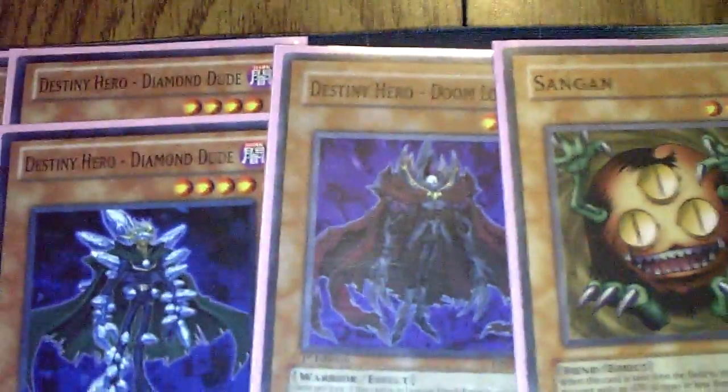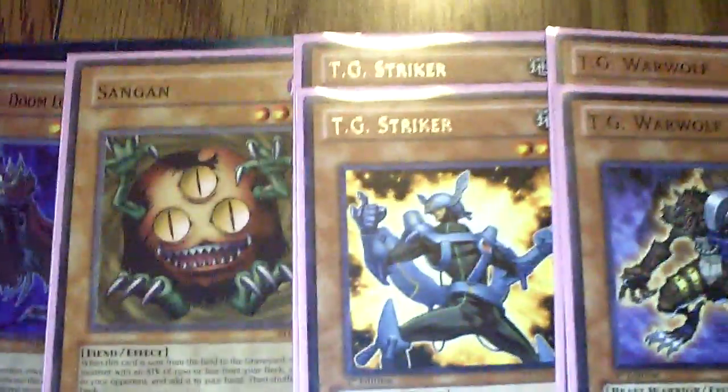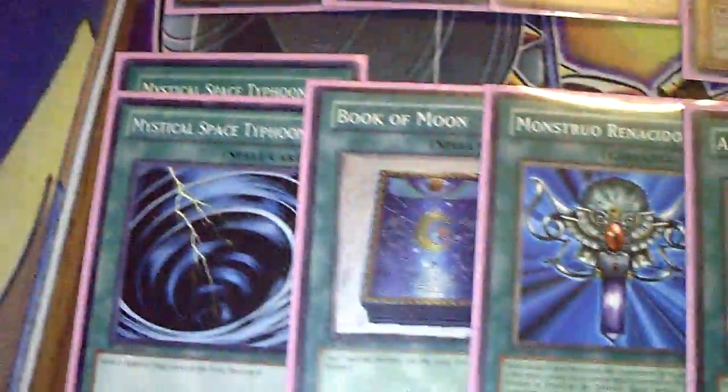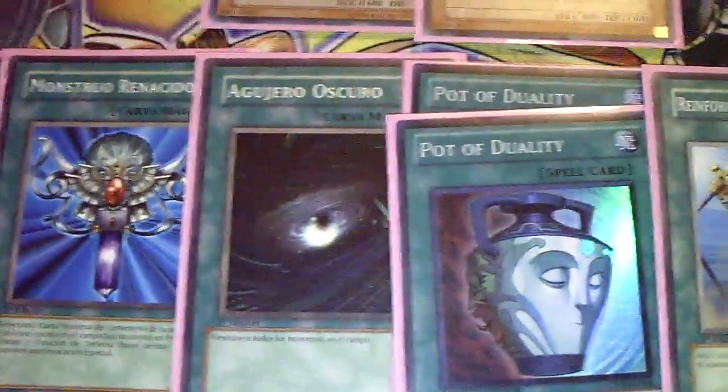The deck performance is really nice. I like the way the plays go off, and I'm gonna show you the deck list and tell you about how it works. Gores, Dark Arm, Chaos Sorcerer, 2 Sacred Crane, 2 Summoner Monk, Stratos, Diamond Dude. Doomlord, Sangin, 2 Striker, 2 Warwolf, 2 Effect Veiler, 2 Mystical Space Typhoon, Book, Reborn, Darkhold, 2 Duality, Rhoda,